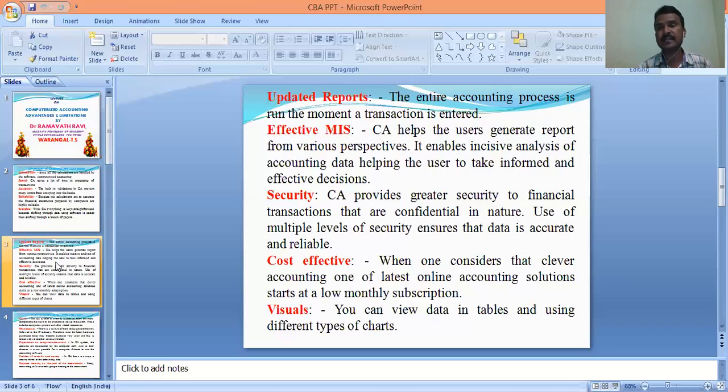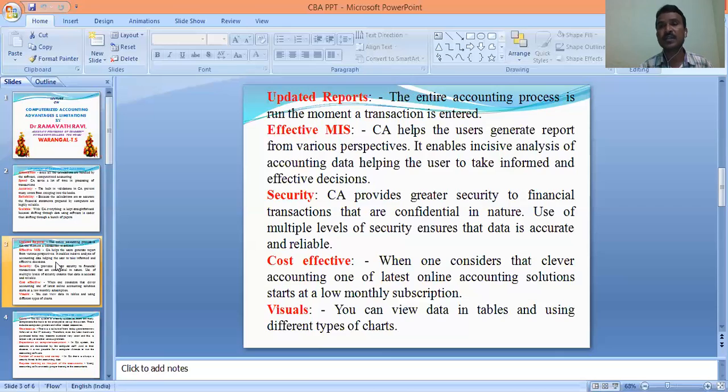That report is submitted to the top-level management. Based on this report, the management will take several decisions and steps based on this information only. Like, computerized accounting helps the users to generate various reports from various perspectives. By clicking one key button, top management itself can download the various reports like